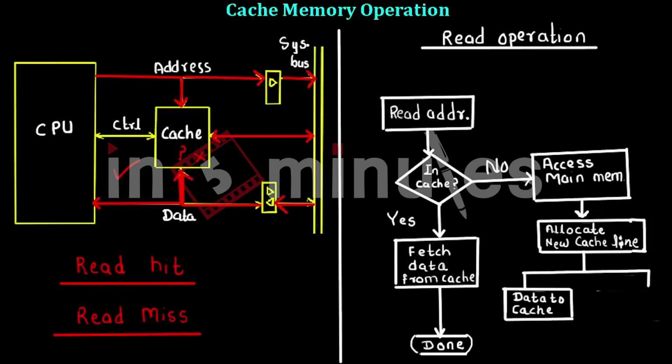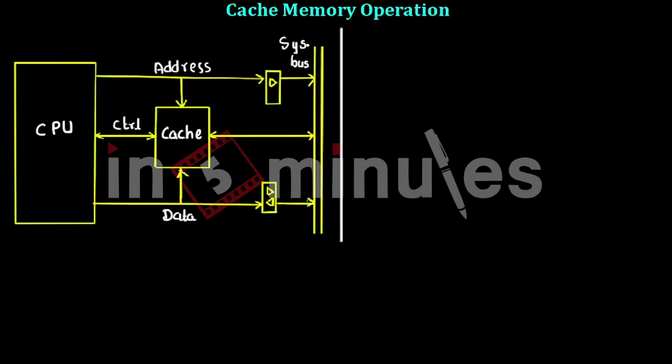Then after a certain amount of time, the data is fetched from the main memory and given to the cache as well as the CPU. So here we complete the entire read operation along with the cache memory. When the data is read from the main memory, it is given to both the cache and the CPU. So now let's look at some terminologies involving the cache memory operation which we just saw.